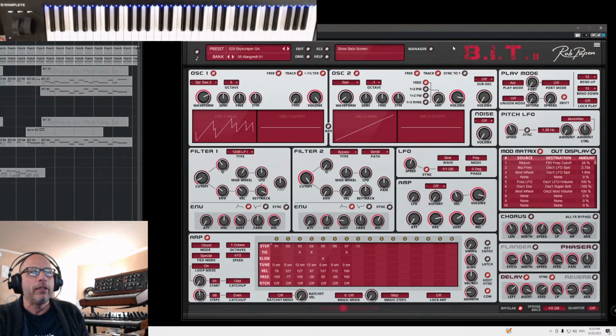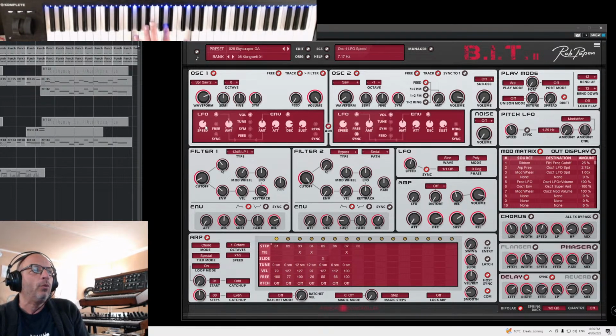And you see in this patch, it's a very complex patch where he uses the free row to control the oscillator 1 LFO speed. Here's the LFO, which modulates. Let me see what it modulates. Oh no, it's the free LFO, this one. So even if I put that on the filter,